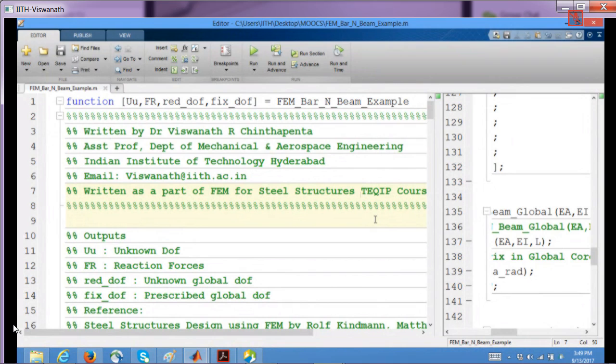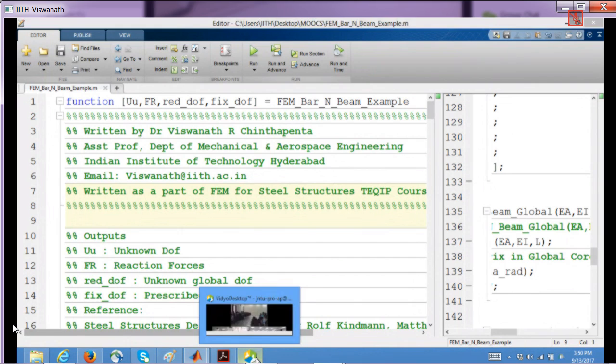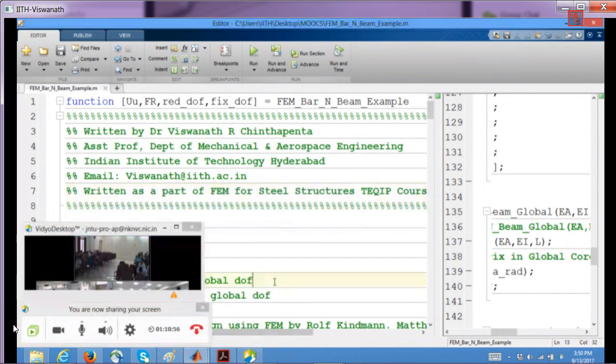Even the development of the element matrix is not in this manner. You will try to do it in a template-ish manner in a different way. Anyway, we'll come to that in subsequent times later. If I have some more time, I'll try to show some more finite element parts of it. So with this, my chapter on the finite element on trusses, bars and beams is completed, and I have also demonstrated using a